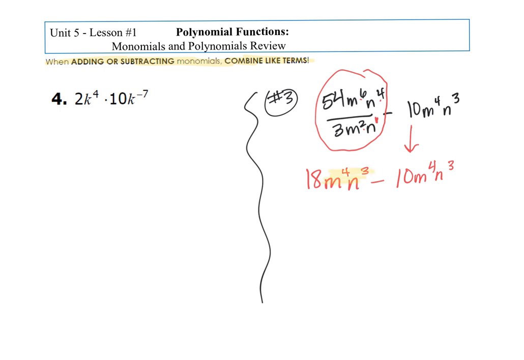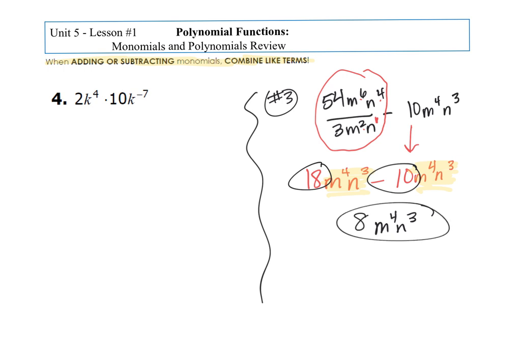For example, both of these terms in this problem have m to the 4th n cubed. Because these match, they are like terms, but we will not change that from being m to the 4th n cubed. The only thing that changes is that we're going to do 18 minus 10. We can only combine their coefficients. 18 minus 10 is 8, and that is the solution to this problem. Okay, and that's a very important thing to remember as you are working through these problems. We can only change exponents with multiplying, dividing, raising it to a power, or something like that, not adding and